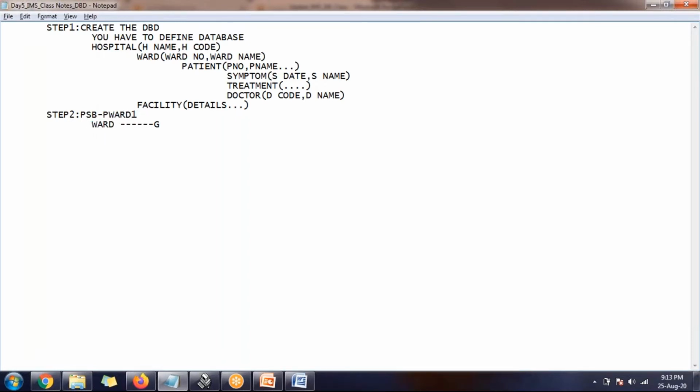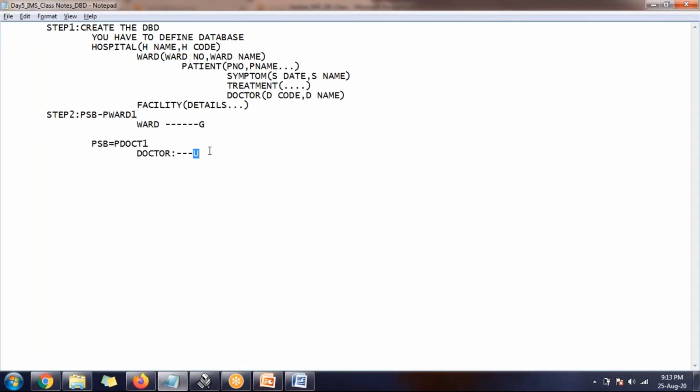Let's say there is another scenario. We have Bala, who is working on doctor updates. Now he is updating, so I have to give some other relevant option over here. I will create another PSB with a different name, that is PS Doctor 1. Let's say they want to update something. I'll tell you what is the valid one. At this moment, consider it as U.